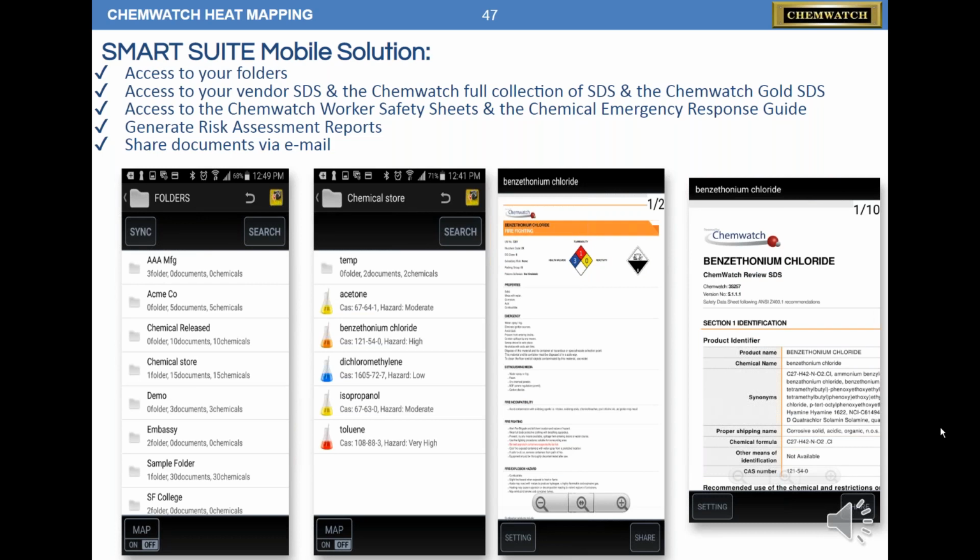So we also have a mobile solution. We probably should talk about this more than we do. But basically, it allows all of our data to be accessed via a smart device. Because we're cloud-based, your web browser is Chemwatch, or your phone is Chemwatch, be it iPhone or Android or a tablet. In this example, I simply drilled down to chemical store. I clicked that with my finger, then I go into that location. I clicked on that chemical and then I pulled up the SDS. I'm able to use my 2 fingers and zoom,